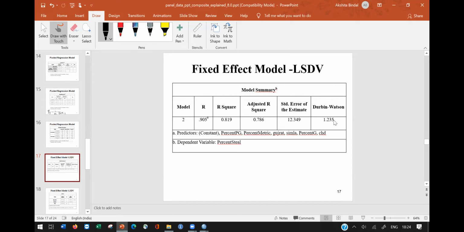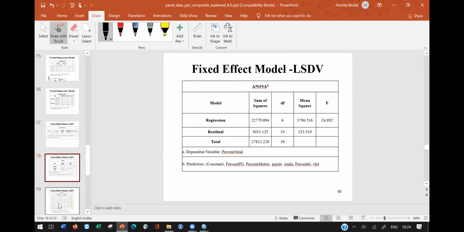DW falls at 1.2, between -4 and 4. So what does ANOVA tell us? Here one column is missing, where the significance level would come out to be 0.000. So ANOVA tells us that this model is good to be taken. Also, we have ANOVA in the regression results, which means we can perform our analysis in this model.